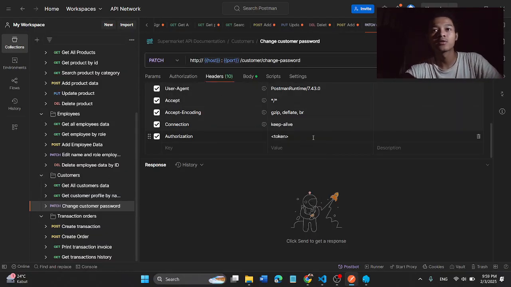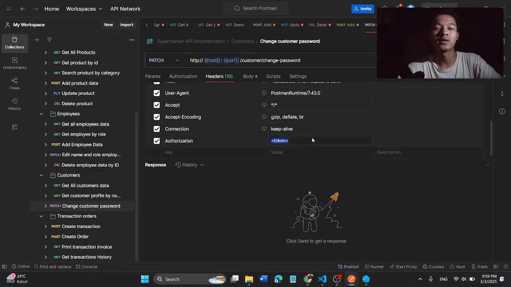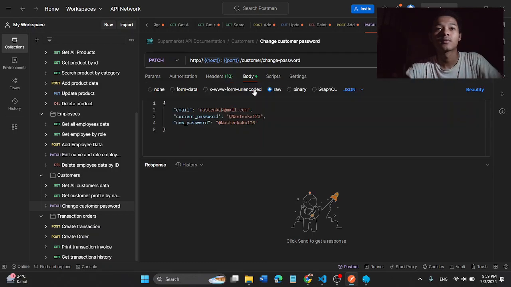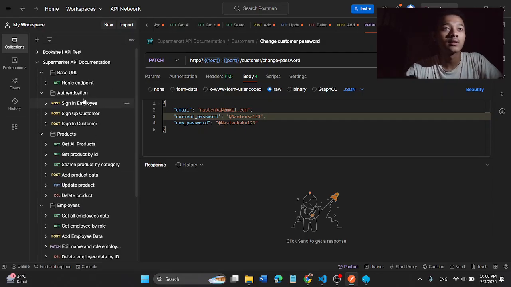So here we need to specify the token, but in this case we will input the wrong token, which is not the right token of the account. Sign up customer.